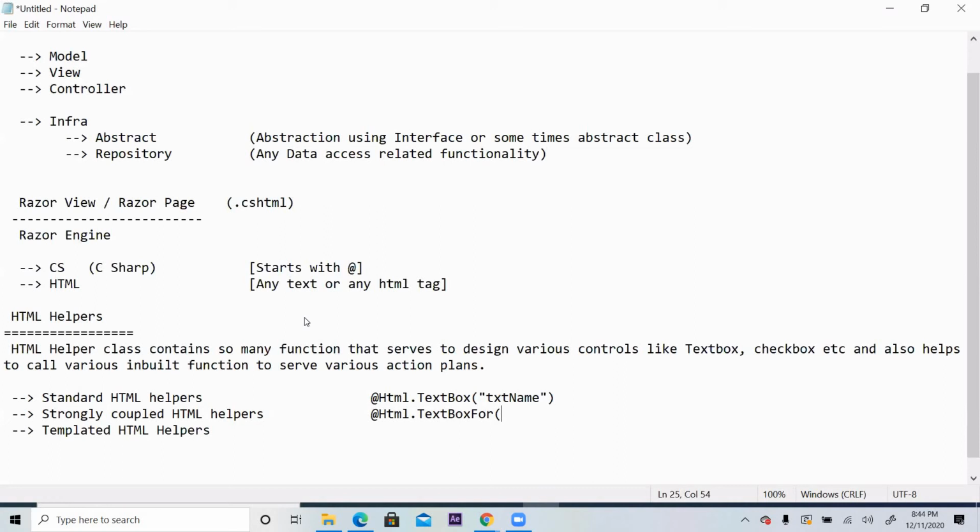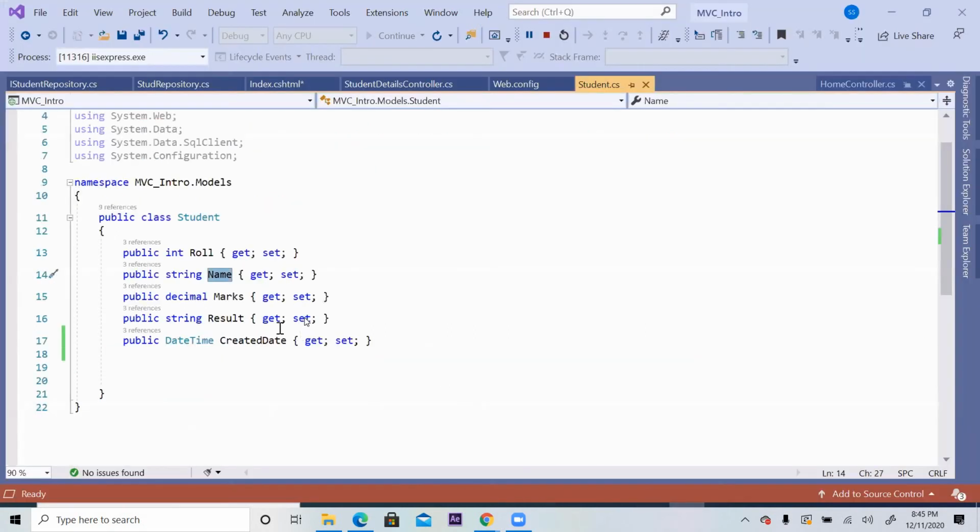So here I can say m => m. M, X, Y, Z, anything you can take, no problem. Just a lambda expression, like we used in filtering the list and all. So m => m dot, say for the second text box, I want to strongly connect with Marks, for example. Strongly connect with Marks, what do you mean? Any data coming from controller to view, Marks should be displayed in this text box.